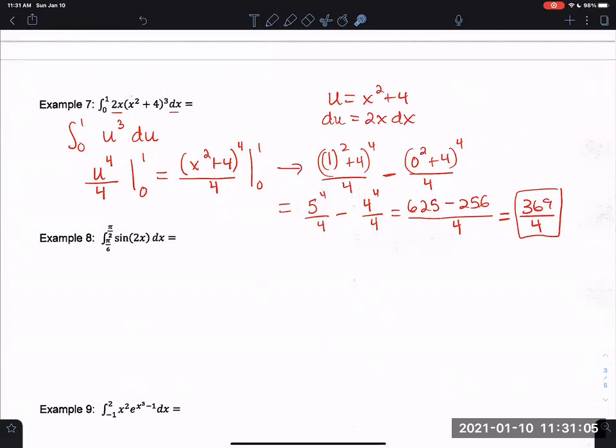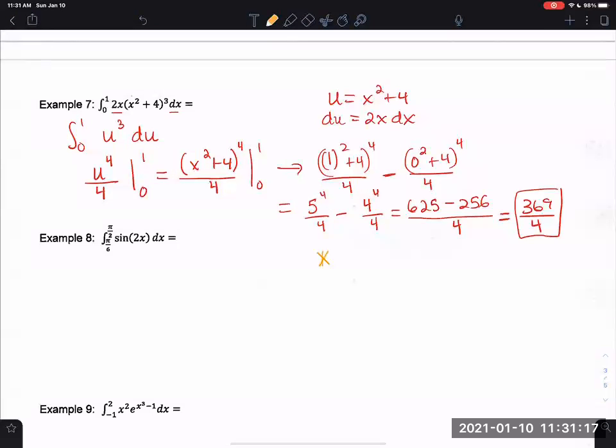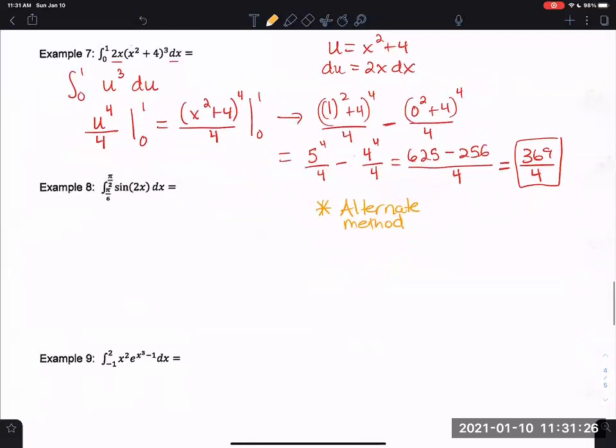All right, so this is traditional U substitution with a definite integral. An alternate way to do it. So what we would start with is, after we've decided what u is, right? U is still x squared plus 4. That's the good news. We are going to take our two bounds that are currently given as 0 and 1 and actually plug them in so that they are going to represent, instead of x values, u values. So if I were to plug in